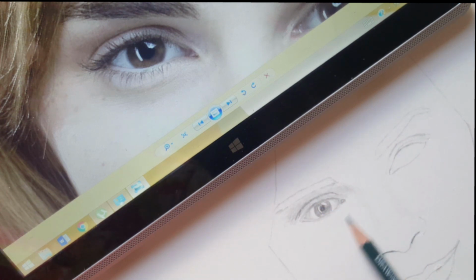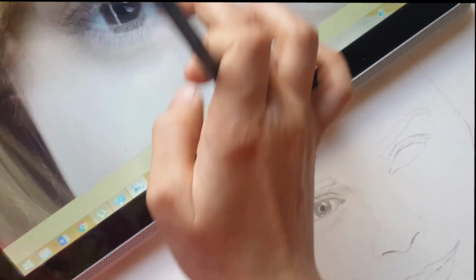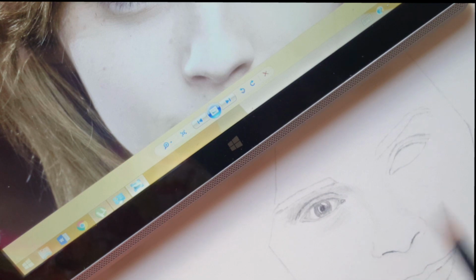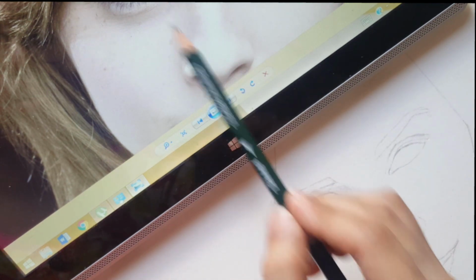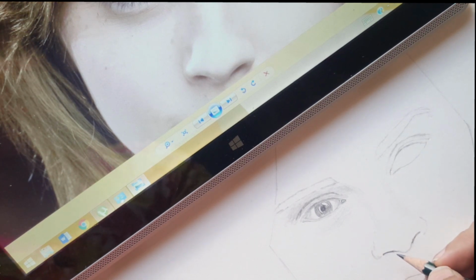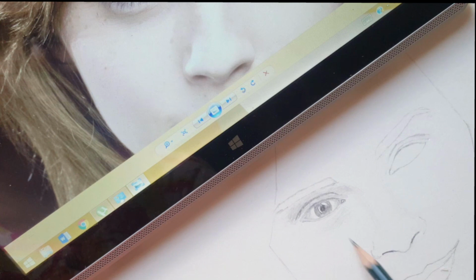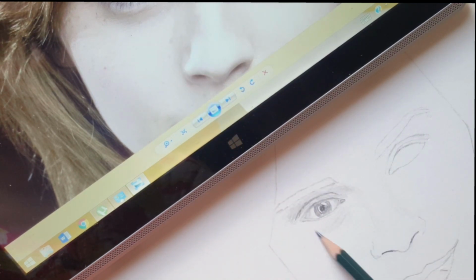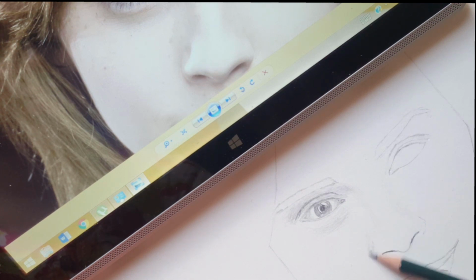Now I'm making the eye bag under her eye. You might feel like it's very big or very small, so you should always look at it in reference to the other features, like the distance between this eye bag and the nose. Have I got it right? When I look at it that way, I feel like it is much wider here than here. So I'll make it a bit more downward. And it also feels like, because I haven't shaded here as yet,